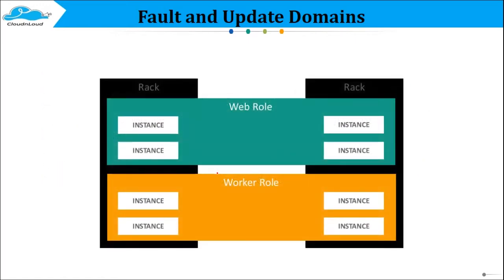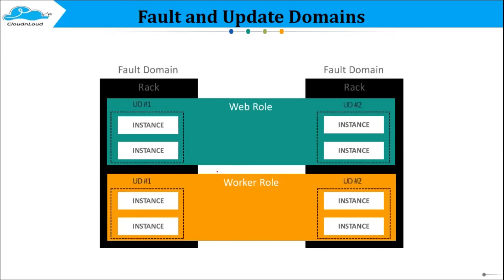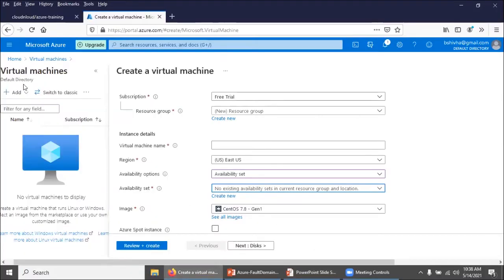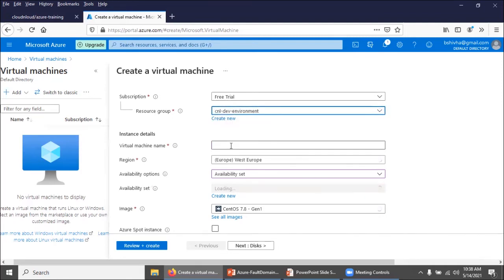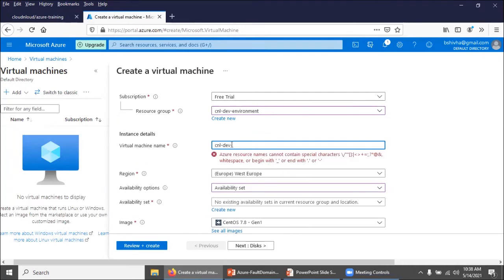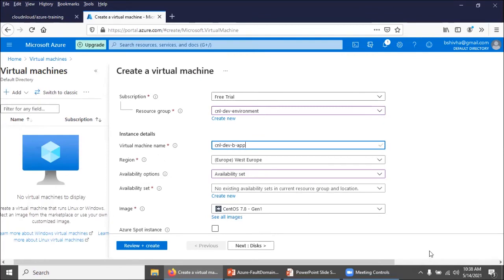Here is another example. Now we will see it in the Azure portal itself. This is portal.azure.com, virtual machines. I'm selecting the resource group, giving the name CNL dev BB app, and selecting the region.